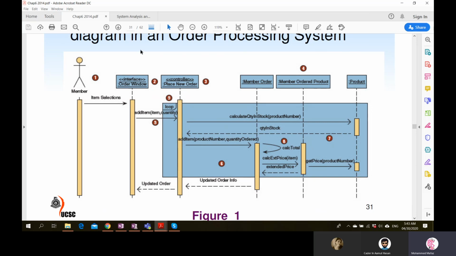Now to understand this, you have a couple of objects written at the top. I think later we'll be learning sequence diagrams. So you have the member class here, you have the order window interface here, place new order class, which is a controller class, member order class, member order product, and product. Then you have the interactions that are happening. So member class is trying to make item selections through the order interface, which in turn calls a